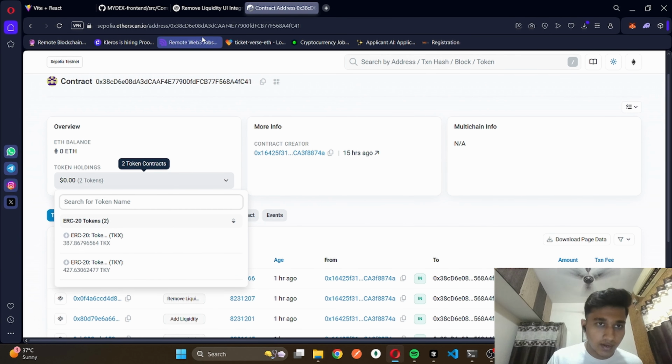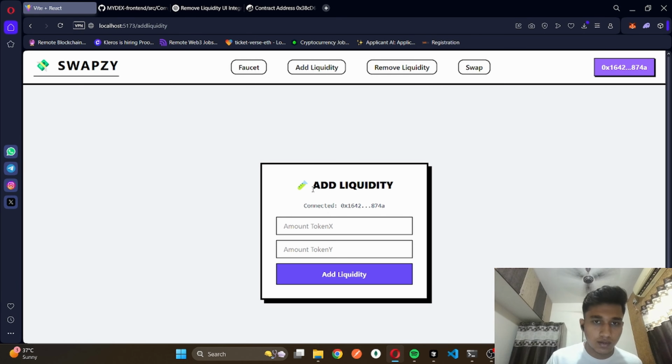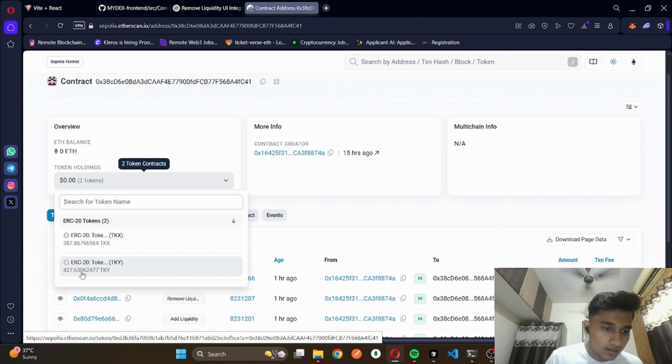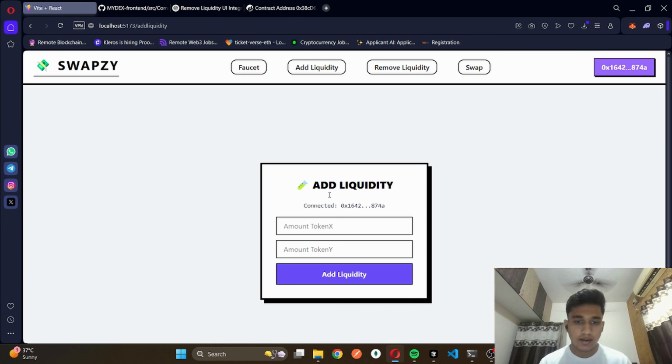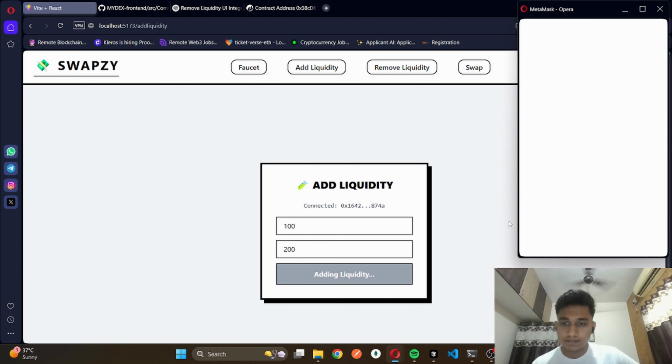But now as I will add the liquidity from here, this number will increase, right? So let's just check this. I am having currently 387 of X and 427 of Y, right? So yeah, let's just go and add the liquidity to the pool. So I'll add 100 X and 200 Y. Now I'll add the liquidity,